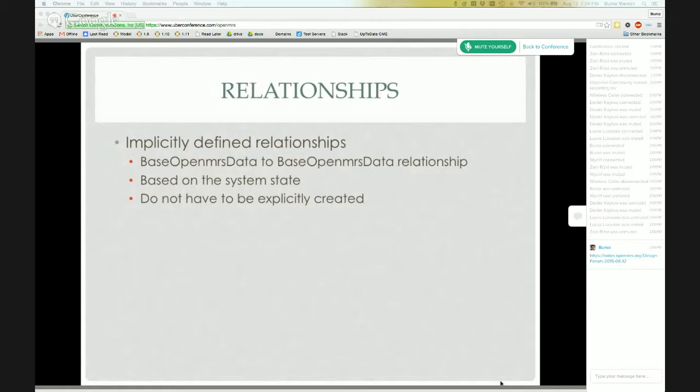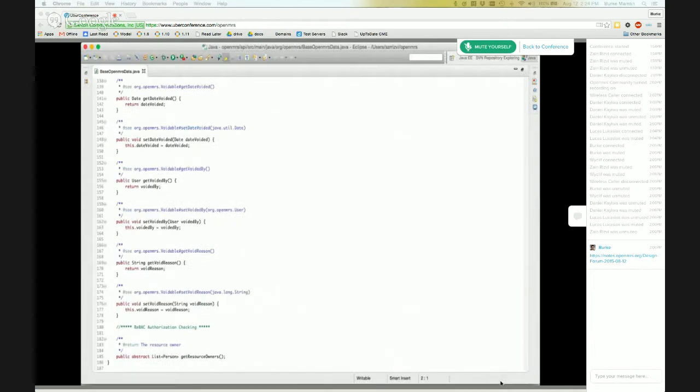The example I'm going to show you here is we created an owner type relationship with objects and patients. So here we have the base OpenMRS data class. At the bottom we see that I've introduced a method called getResourceOwners. This is an abstract method, which means that every concrete subclass of this class would have to instantiate this.